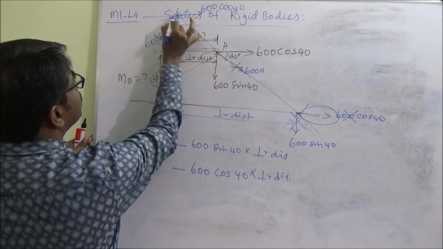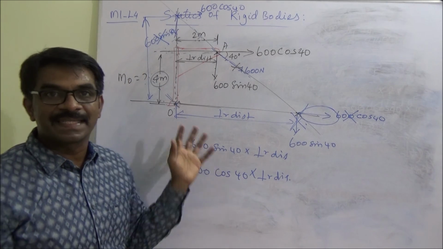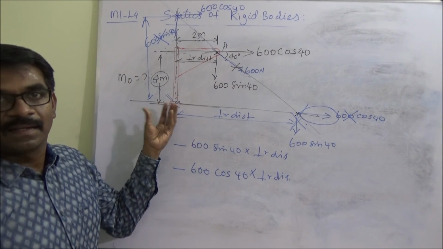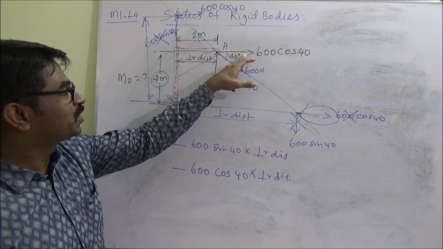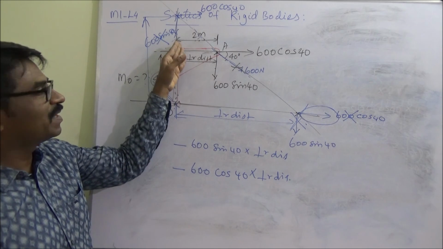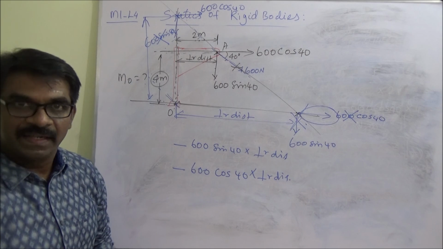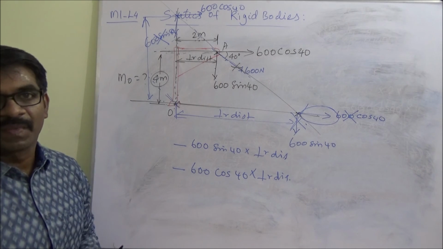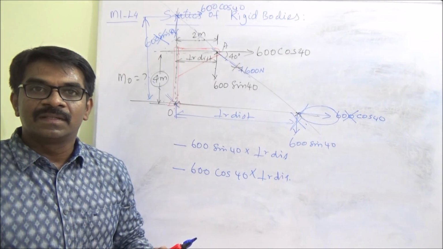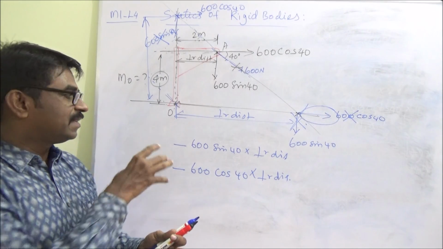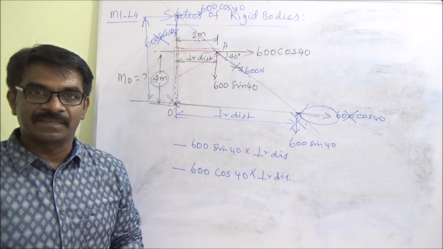What is the perpendicular distance? This is the perpendicular distance. Again, finding the perpendicular distance in this case is difficult. So, according to me, if you use the components and straight away use the perpendicular distance which is given, you can find the moment about O. I hope you have understood. Try to solve more problems in order to understand the concept of moment in 2D as well as 3D. Thank you.